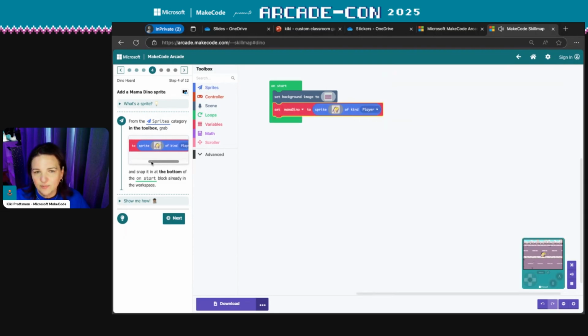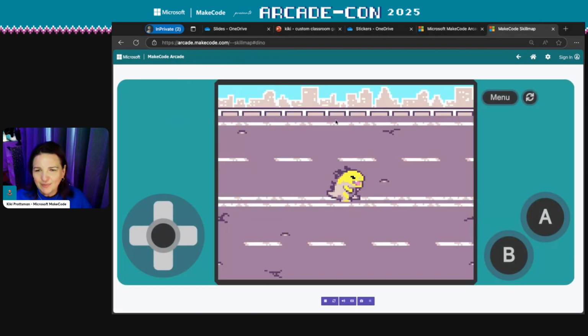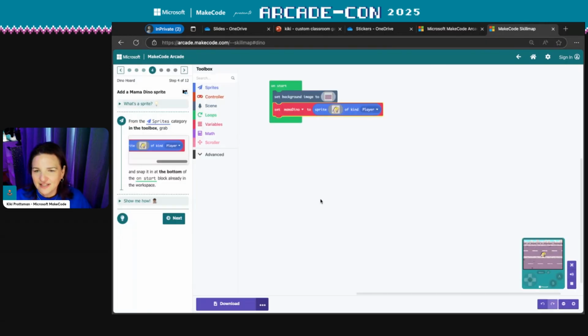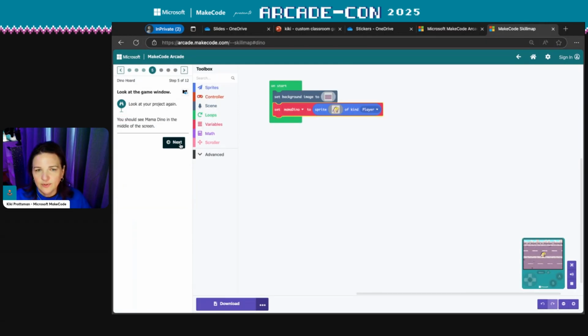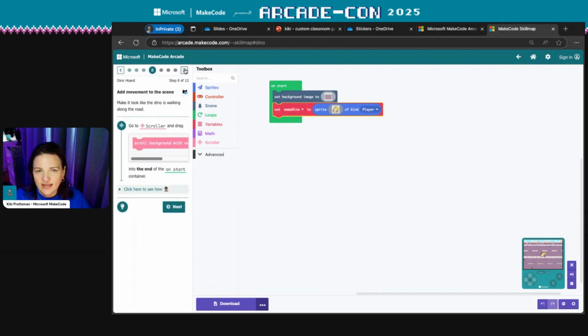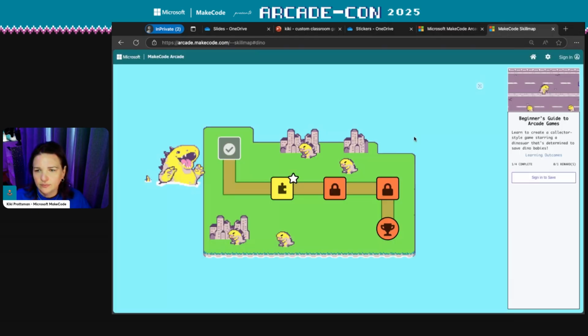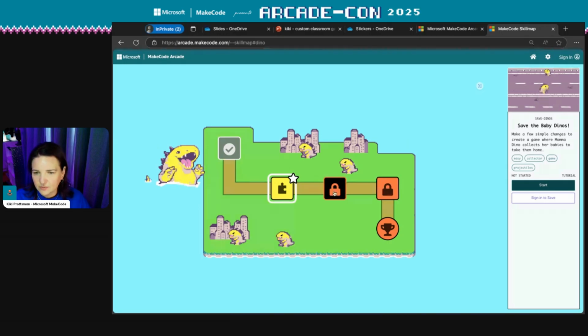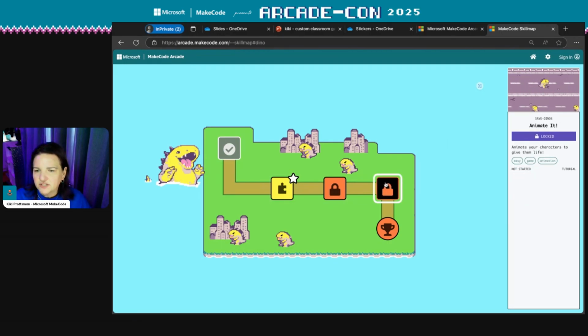So you'll see that it has the actual block that you need, and it's even pre-filled. So that's something that makes this go by a little more quickly, a little more easily. You'll see I already have my mama dino on the screen there. Let's go ahead and shrink that down. And so I would just go through and build each step of the way and then continue through and continue on to the next one. And I'm not sure if I actually put the animation in for this one, but I'll click over to it and we can check.